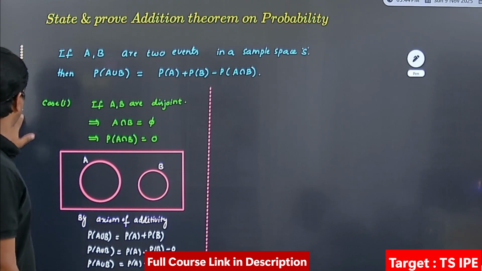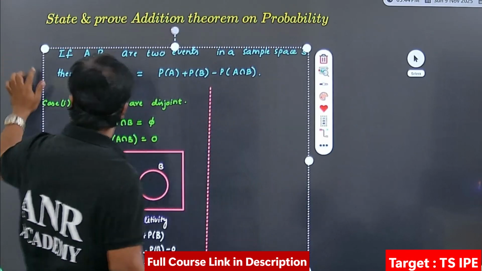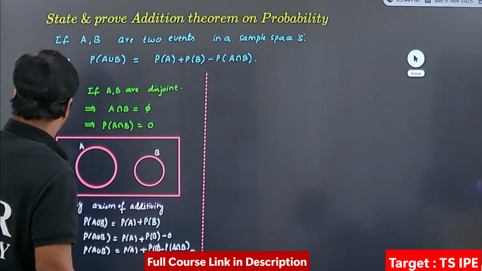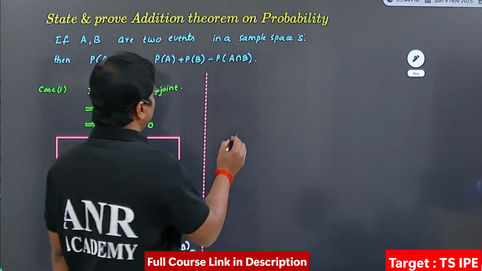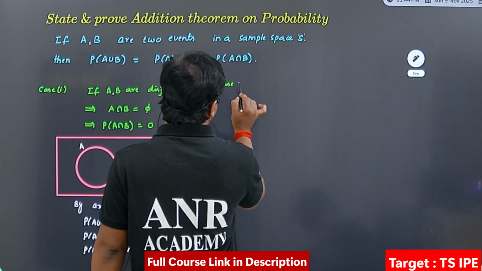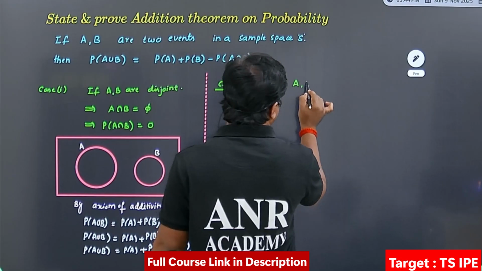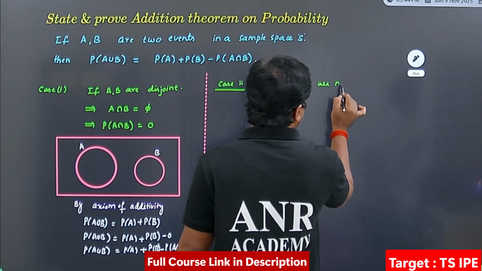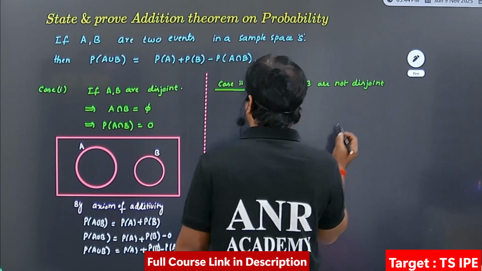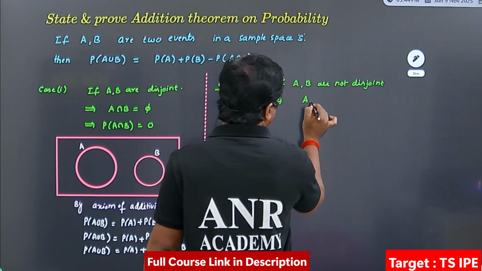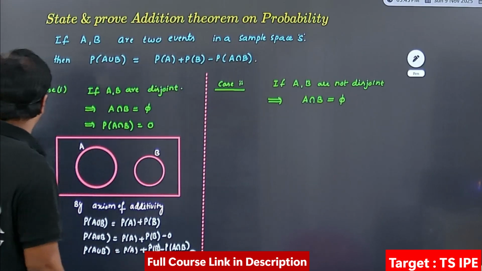Let us move to the second case. In the second case, you have to select A, B are non-disjoint. Case 2 I am going to write, if suppose A, B are not disjoint. When A, B are not disjoint implies I can write their intersection part is not empty, and hence the diagram becomes